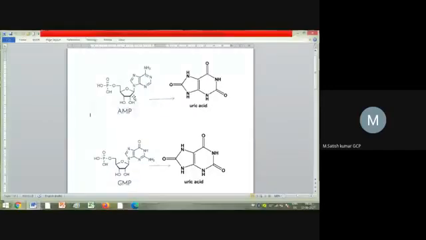So what is happening here? If you observe the structure closely, only the nitrogenous base is retained, and the remaining portions will be eliminated. Here the amine group is not there, and in place of it we get oxygen. Ribose sugar is not attached at this position, and the phosphate molecule is also not present. Also at this carbon and this carbon, we can see ketone functional groups. These are the structural changes we can see in the degradation of purine nucleotide. Finally, we are forming uric acid.